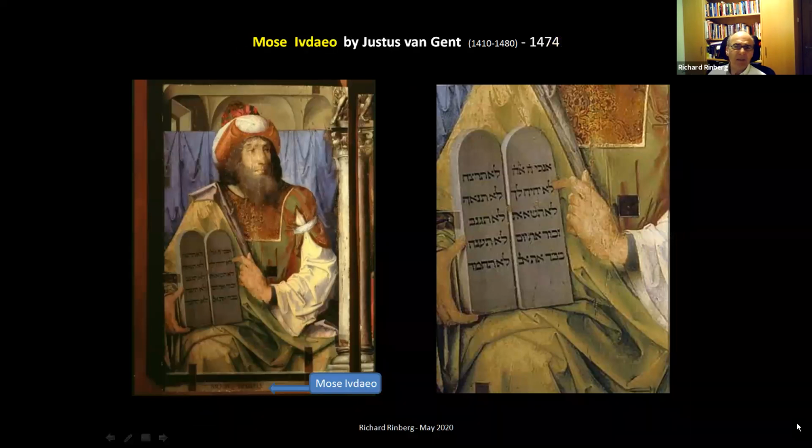Here, 1474, down here it's written, Moses Judaeum, Moses the Jew, by Justus van Gent, obviously not Jewish, but clearly he's taking lessons from a scribe to accurately represent. Often you'll see Hebrew, and we'll see a few representations where the Hebrew looks like Hebrew but isn't quite. But some artists went to great lengths to actually get it right, as this artist seems to have done. And again, interesting, the shape of the luchot here, the lettering, what's on them, who chose exactly what would be on them and what wouldn't be on them. And we'll see there are different approaches to that.